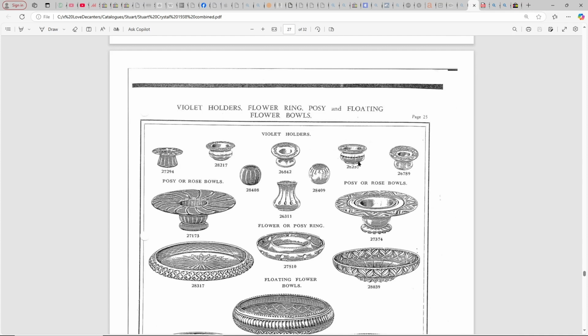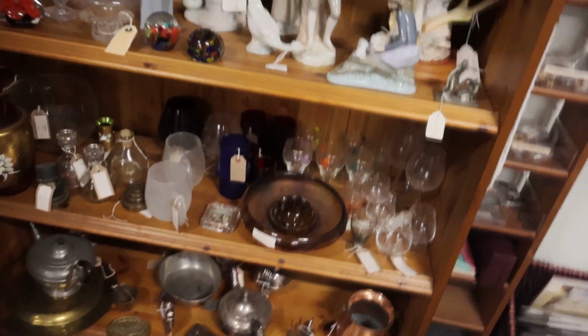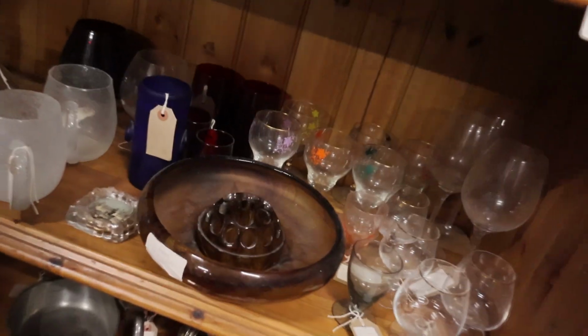You see, this one's a bit similar with the same sort of rounded body and foot underneath. Just doesn't have the curved down edge, whereas this is the one that's closest to it. Yeah, really difficult to say because they're probably dimensionally similar. But anyway, it'll be pre-war, and it'll either be an open salt or a posy bowl or vase. Just below that posy vase is this